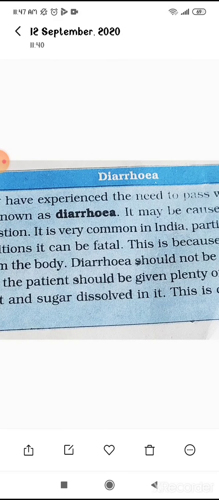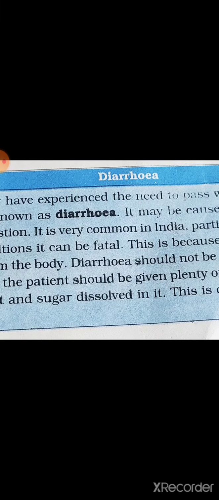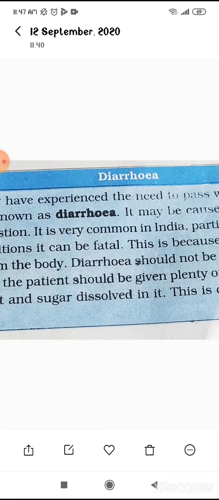अगर हम मेडिकल शॉप्स के आसपास नहीं रहते हैं, हमारे पास टाइम नहीं है, तो वी कैन मेक इट एट द होम. हाउ वी कैन मेक द ORS एट होम? We have to take plenty of water. You can take 1 glass full of water, and you have to take a spoonful of sugar and add a pinch of salt and just shake it well, and after that you can take the solution in small amounts.